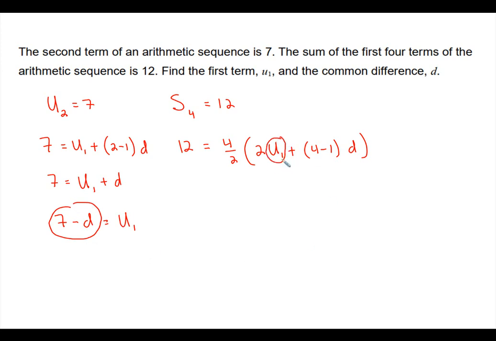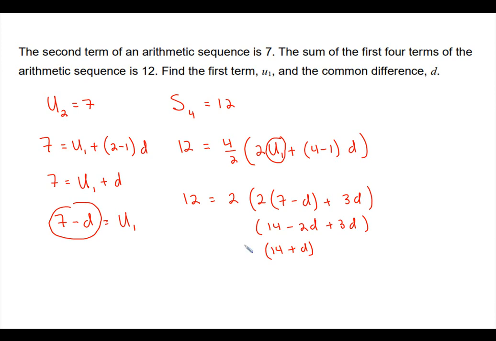We're going to substitute it for u sub 1, so that way we get everything in terms of d, so we can solve for the common difference. So we're going to end up with 12 is equal to, 4 divided by 2 is 2, we have 2 times 7 minus d plus, and we get 3d, right? So in here, we're going to end up with 14 minus 2d plus 3d, right? So we're going to end up with right here 14 plus d